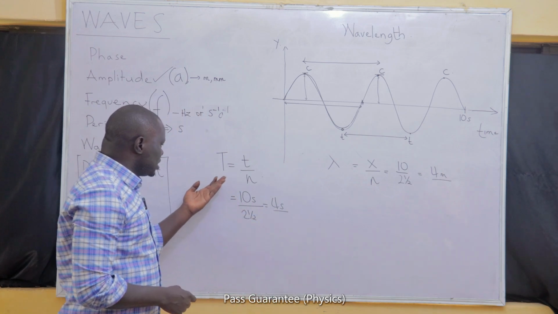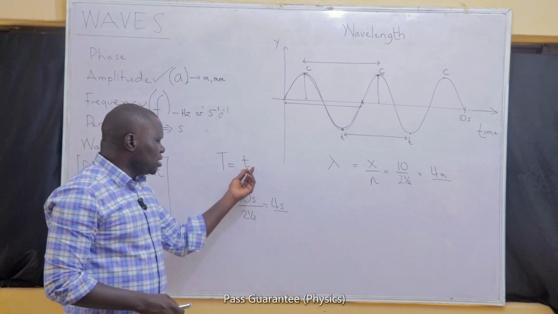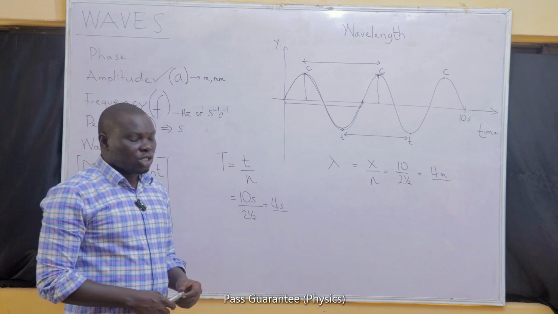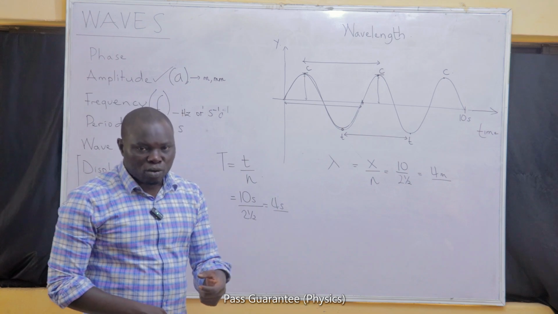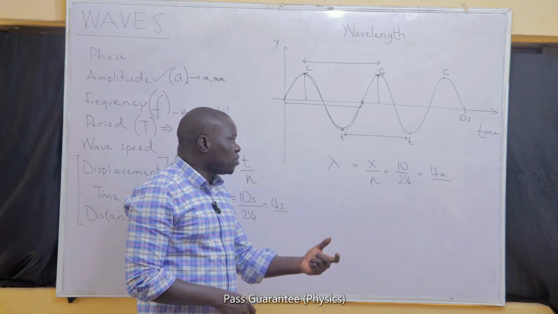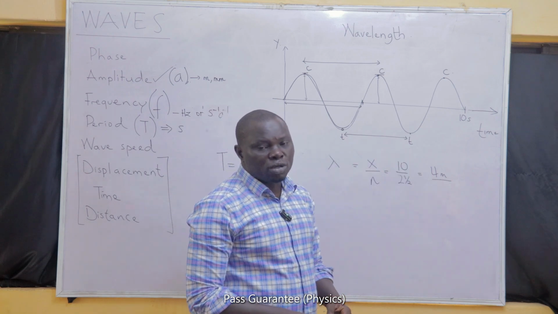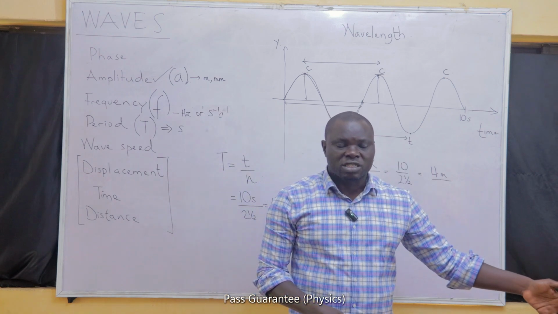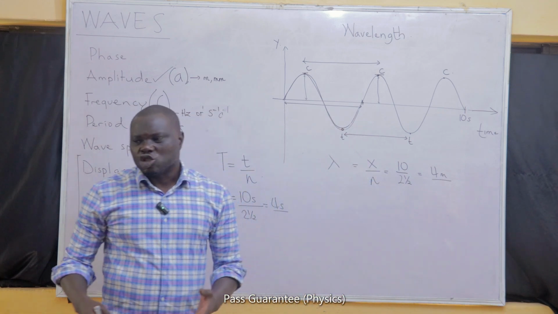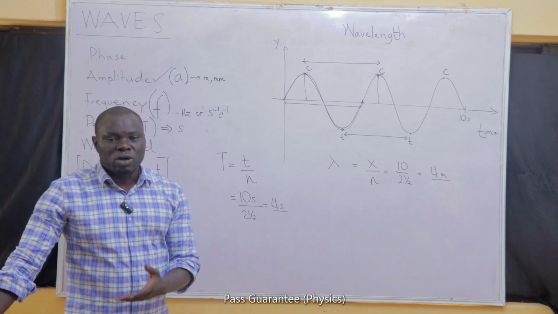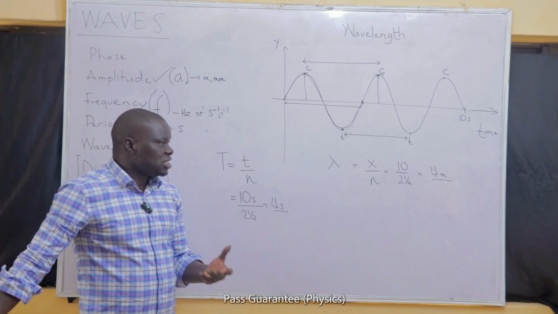Similarly, we can define the period thus too. The period is the time taken by the wave to cover a cycle. It is also the time taken by the wave to go from one crest to the next crest. It's the time taken by the wave to go from a compression to the next compression, from a trough to the next trough, between 2 points that are in phase, or from one rarefaction to the next rarefaction. There are instances where you will be expecting period or wavelength, and they will give them to you in any of these forms. You must be able to know that what you are given is still the wavelength.